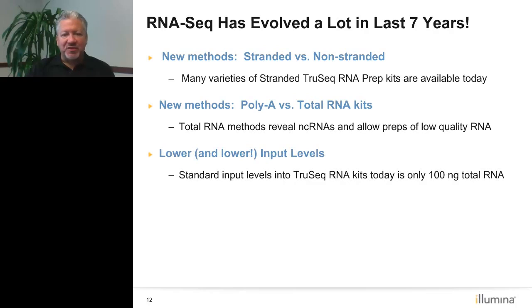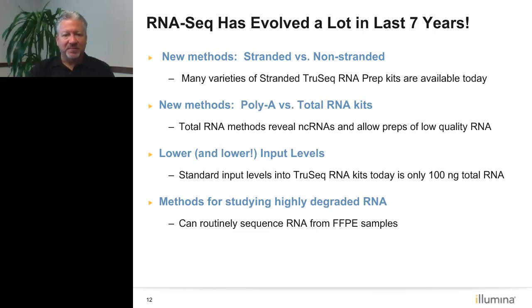We've also been able to push to lower and even lower input levels. So our first RNA-Seq kit that was released probably 5 years ago required 10 micrograms of total RNA. All of the kits in our suite of kits that we have today require only 100 nanograms of total RNA, and some can even go lower than that. So that makes it much more manageable in terms of the size of the sample, the number of cells that you